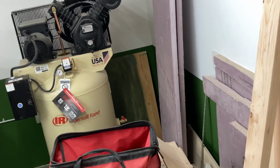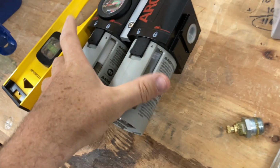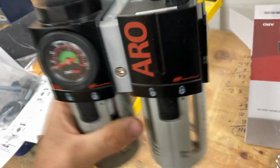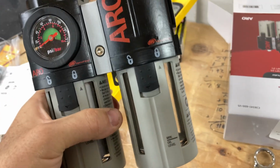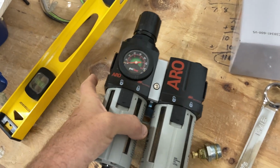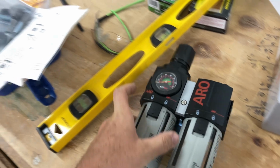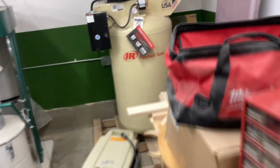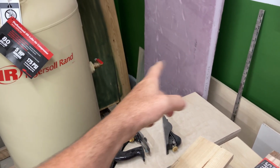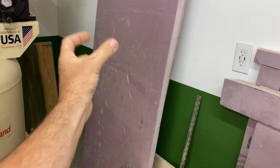I'm also going to get some parts for the main valve on it as well, going into the filter, the regulator, and this is actually a lubricator here, so I don't even have to worry about oiling my air tools and stuff. So this is pretty great. This is 1/2 inch. What I want to get is an insert for here and have one of those braided hoses coming off,